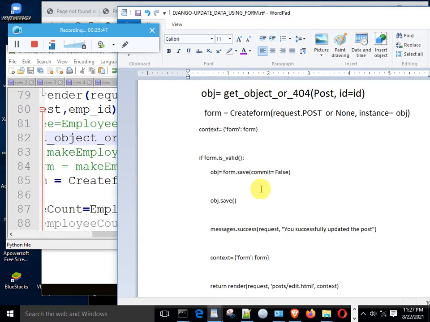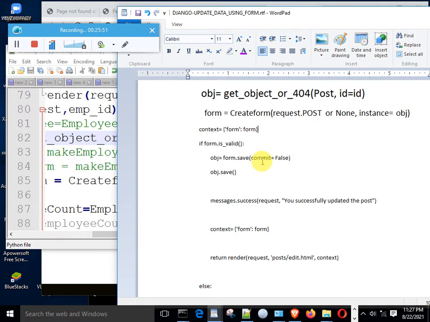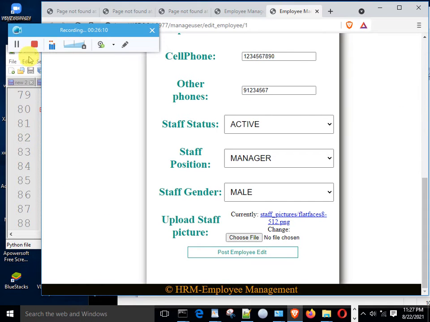Alright, now the key areas are this. So here, okay, here we have this line that says commit is false, form.save commit is false. So this is where the actual activity for the update is going to occur. Remember that in our form,